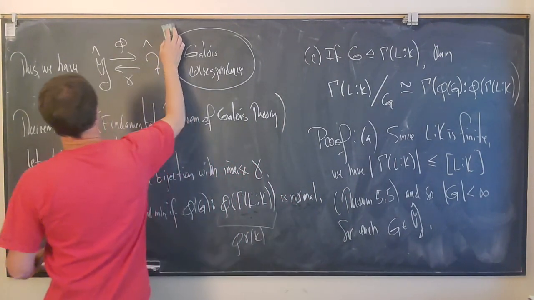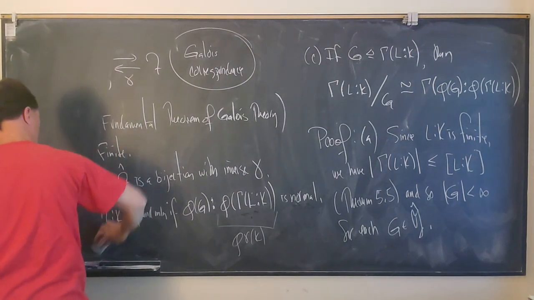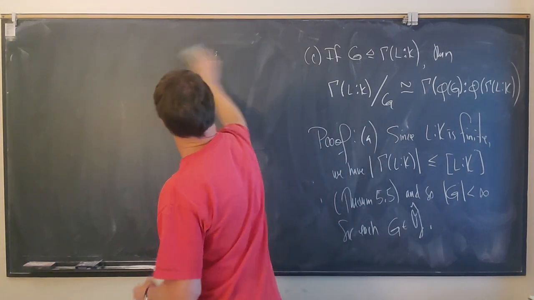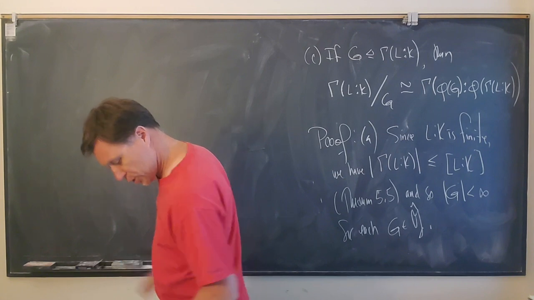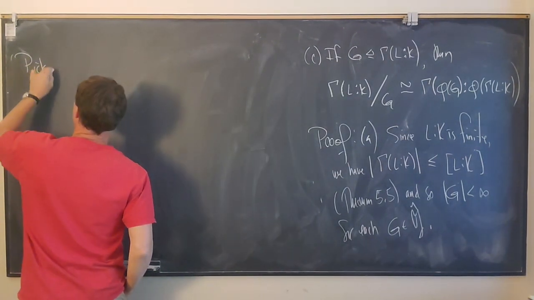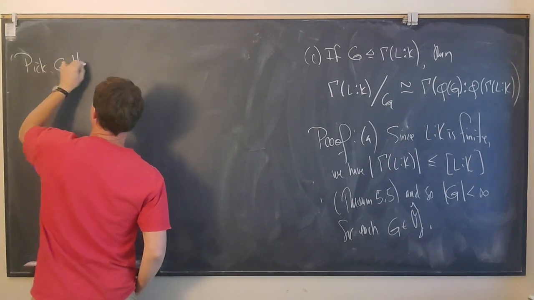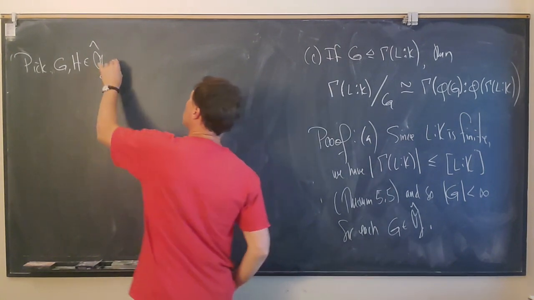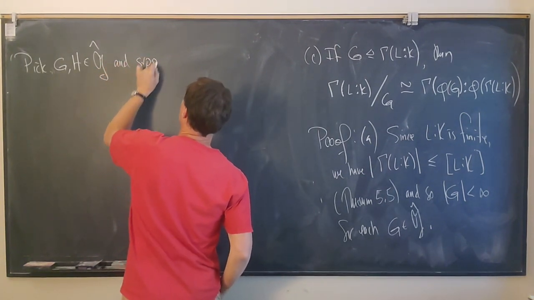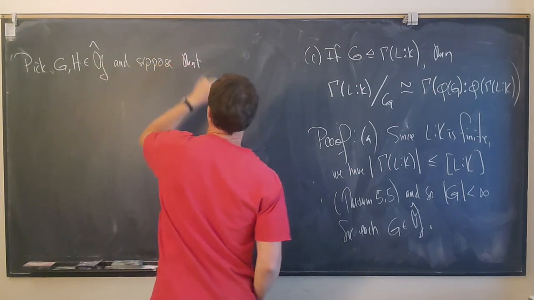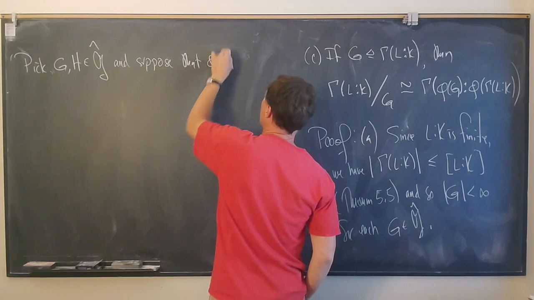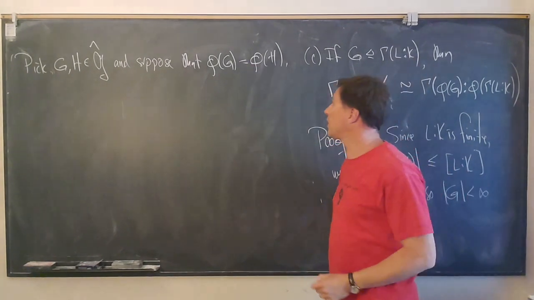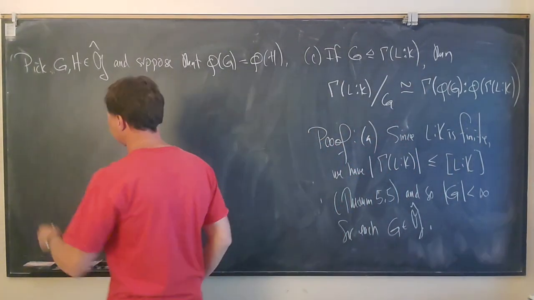Okay, so let's pick a couple subgroups in G hat. I'm going to call them G and H. So let's pick G and H in script G hat, so these are subgroups of the Galois group. And suppose that phi of G equals phi of H. I want to show that phi is 1 to 1, so I need to conclude that G is equal to H. Well then,